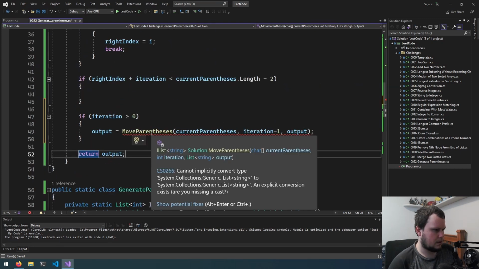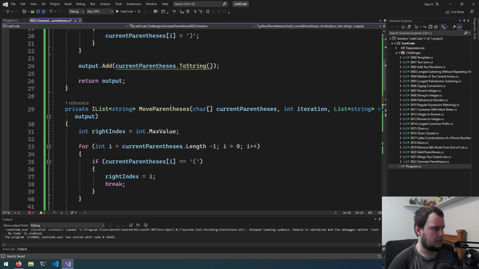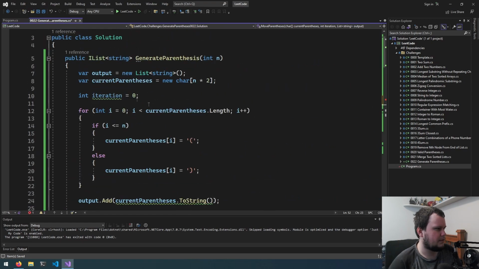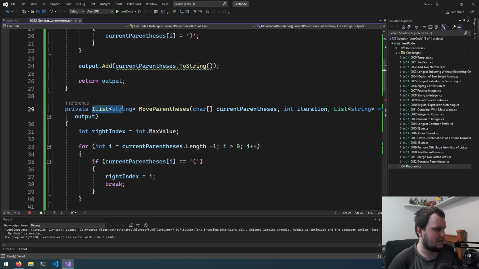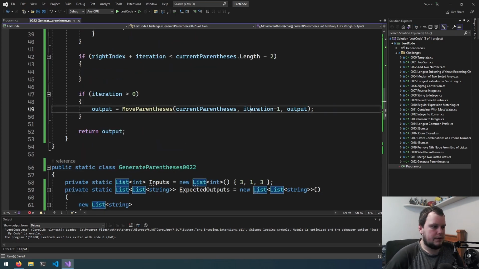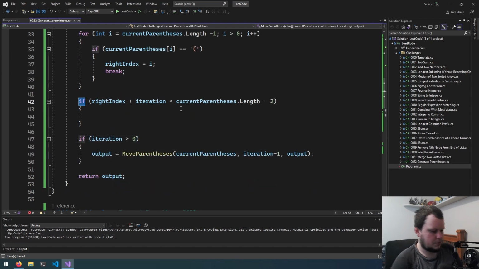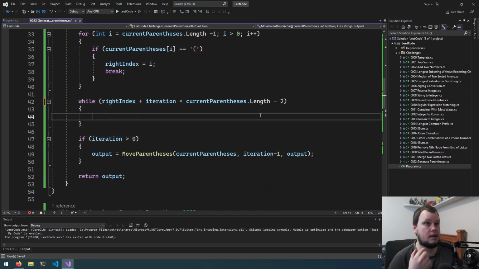Why isn't this working? Okay, we'll just change output. Oh, we'll just change this to list. So it's going to go through all the levels of iteration. Actually, no, this should be while. And then what we do is